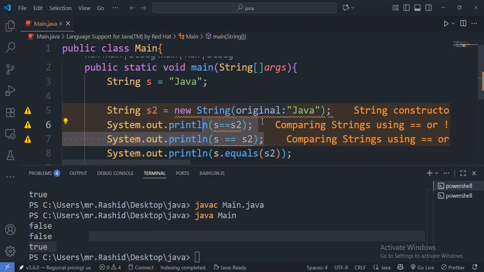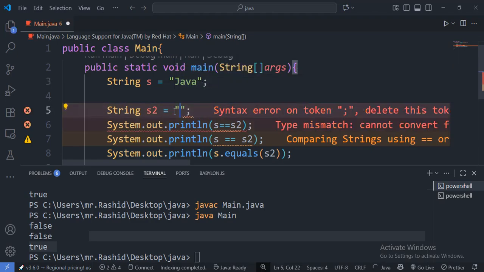So this one is going to check if we are using equals. It is going to bring false, because they are different objects. So this object is different from this one. It is different from this one. They are different. But what we had previously when we had this one, when we had this Java,